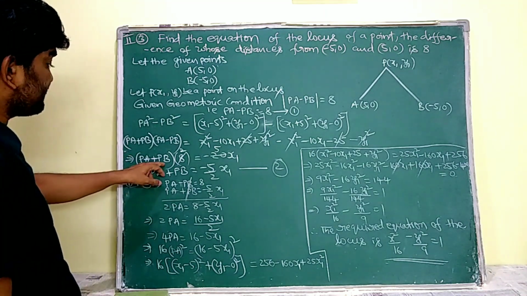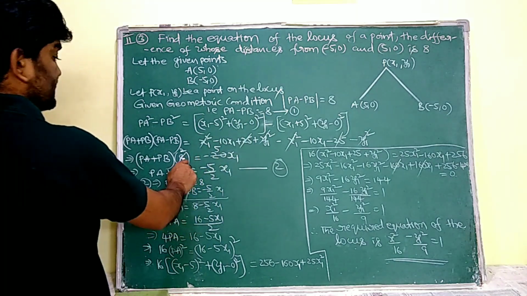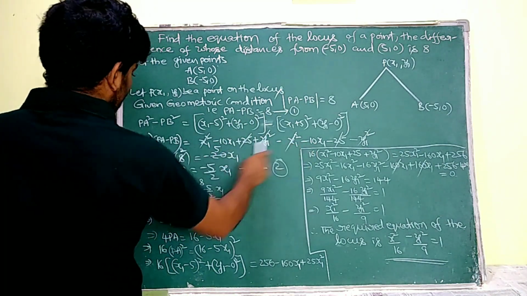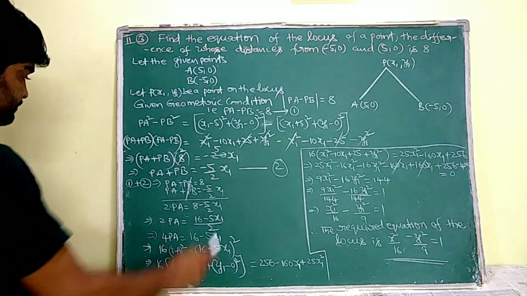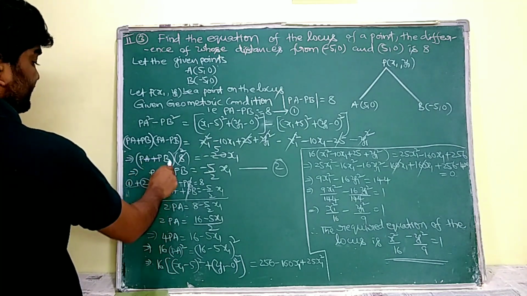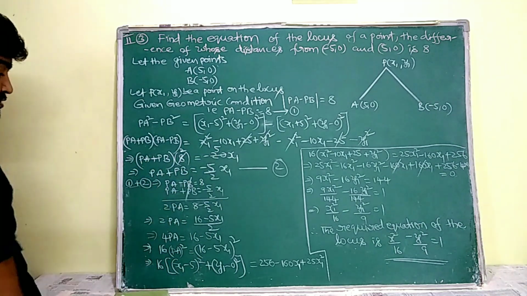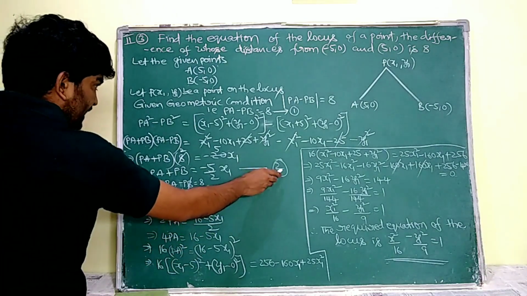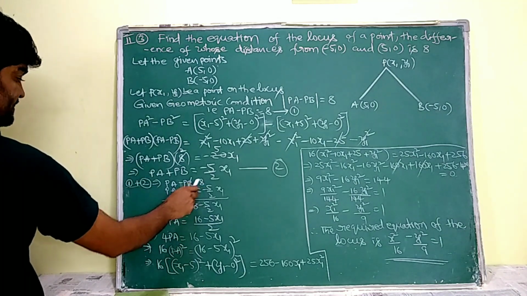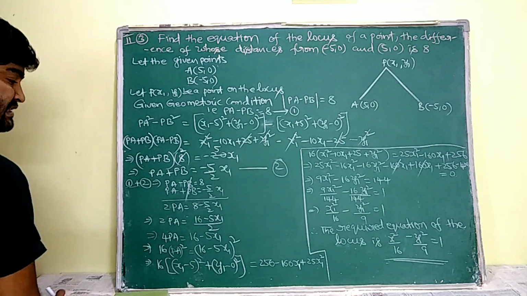Now (PA + PB) into, in the place of PA - PB, I am going to write 8, is equal to minus 10x1 minus 10x1, that is minus 20x1. Four 2s are 4, and 5s are 5. Therefore PA + PB is equal to minus 5 by 2 into x1. Now I am going to add equations 1 and 2. PA - PB = 8 is equation 1 and PA + PB = -5/2 x1 is our equation 2.